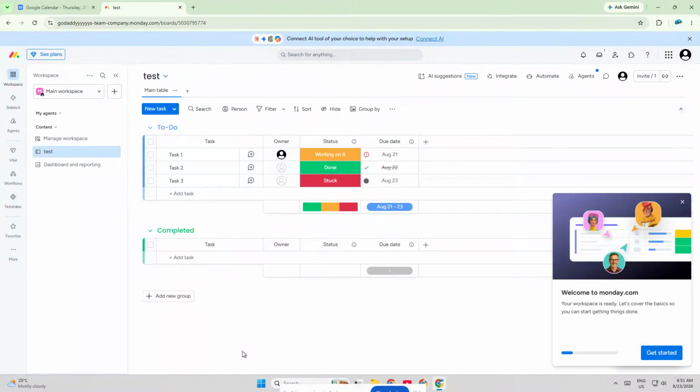In this video, I'm going to show you how to integrate Google Calendar with Monday.com step by step, so you can keep your tasks, deadlines, and meetings in sync without constantly switching between tools. This is a great setup if you want to automate event creation, track important dates, and make your workflow a